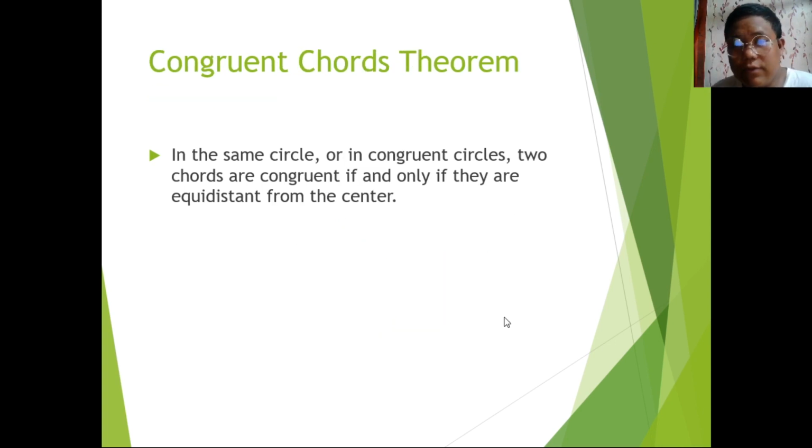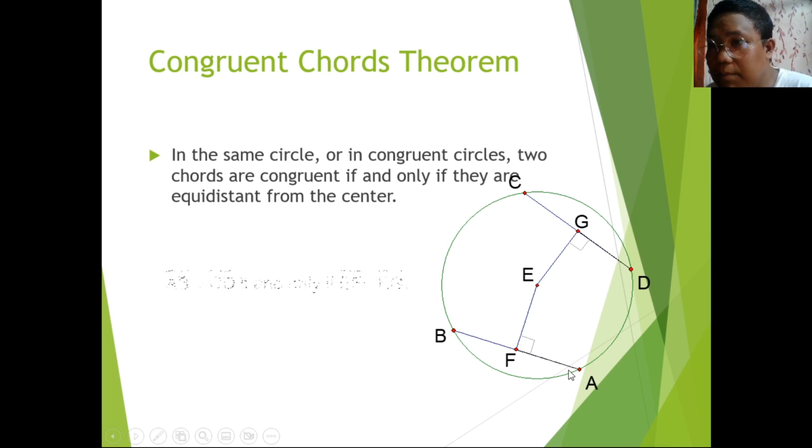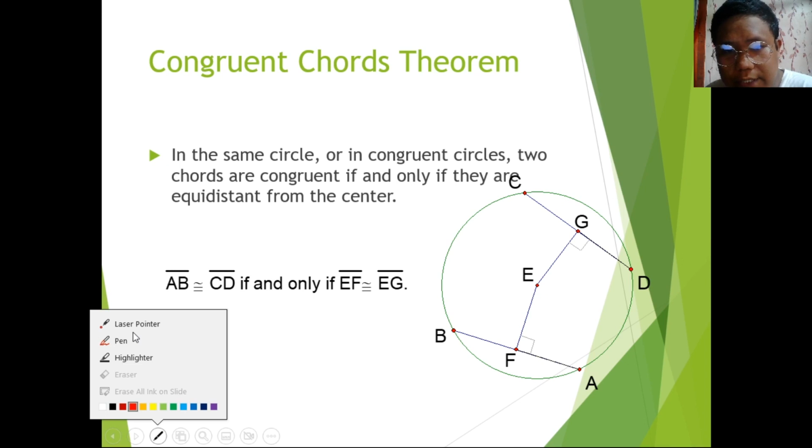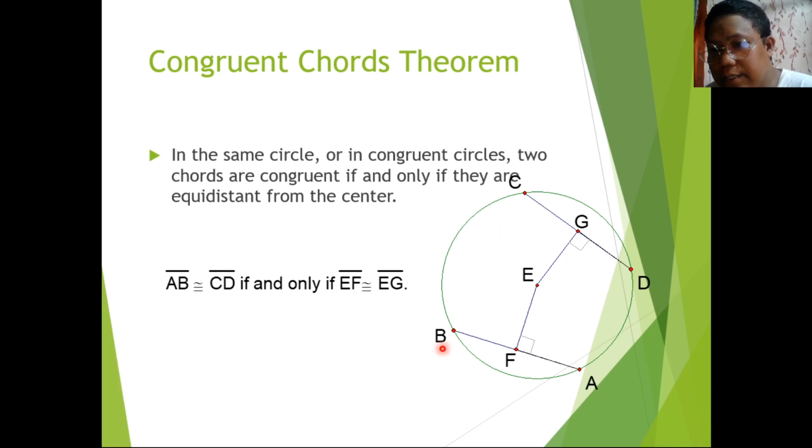Okay, so let's go now to the congruent chords theorem. In the same circle or in congruent circles, two chords are congruent if and only if they are equidistant from the center. This is the example. AB is congruent to CD, or segment AB is congruent to segment CD. So this is segment AB, this is segment CD. These are the chords of the circle, and they are congruent if and only if